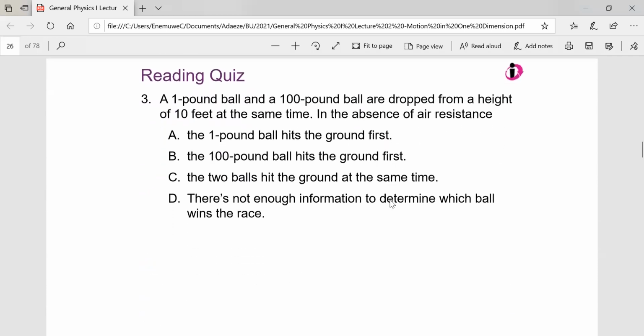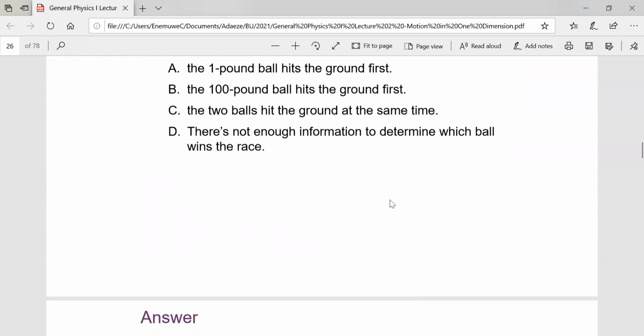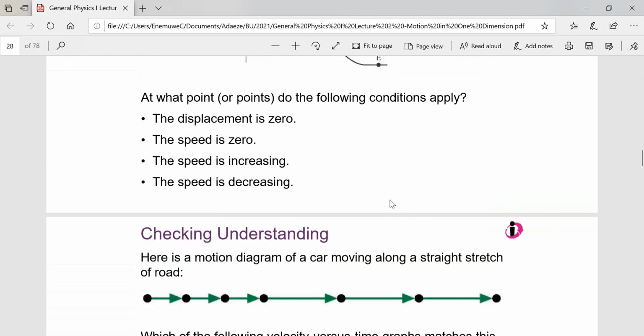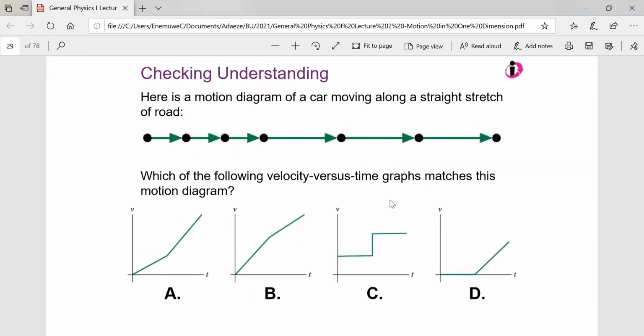So how about this? I have just 3 minutes. I'm going to skip to the description of the graph. Which of these graphs is a description of this motion, this diagram here? Which of these velocity time graphs matches this motion? Remember, it's velocity time graph, not